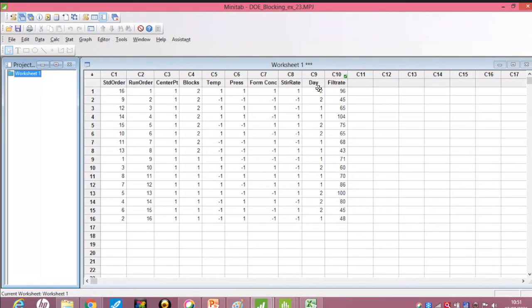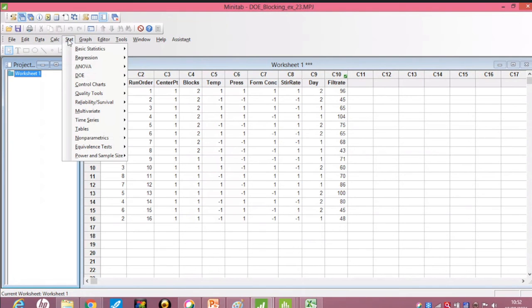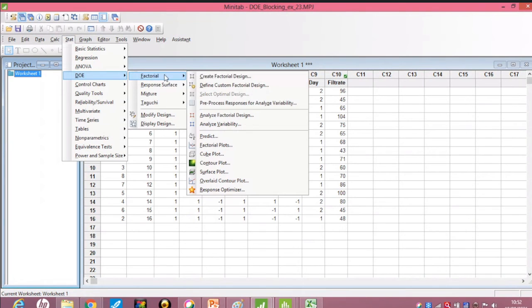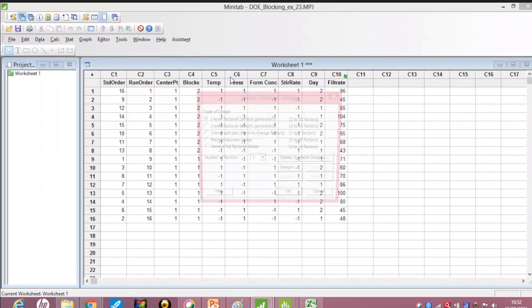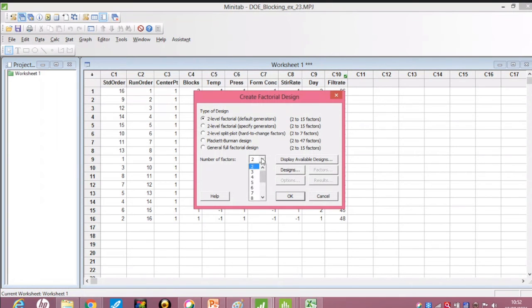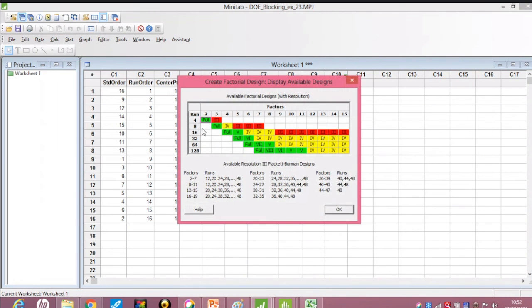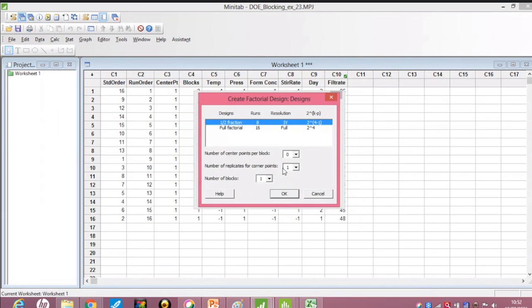So you have to enter these. Here, instead of 5, we will consider only 4. A full factorial with 4 factors is 16 runs, so we can go for the half factorial. In this, we put a block of 2.